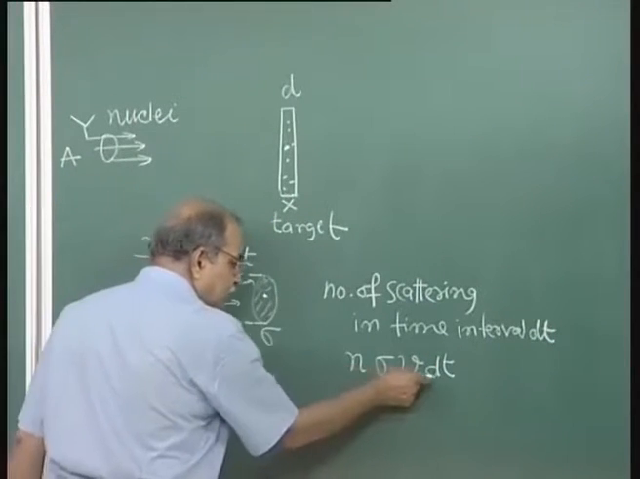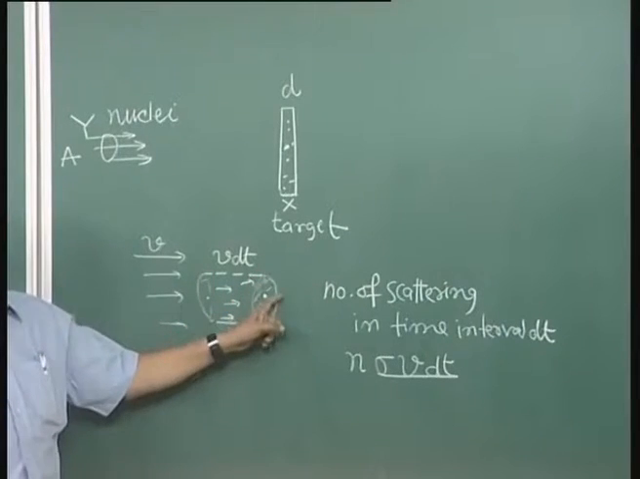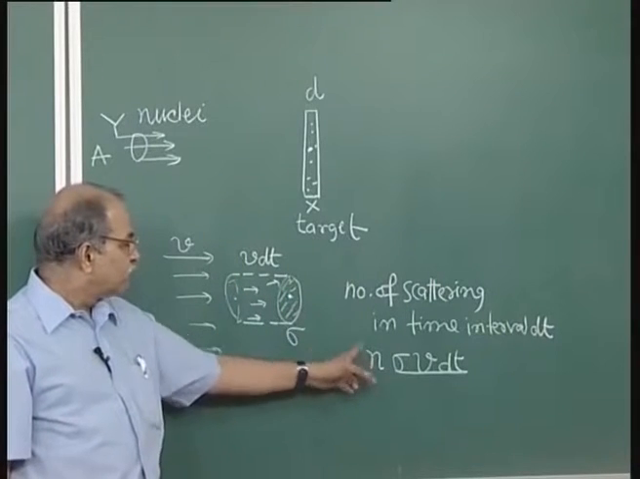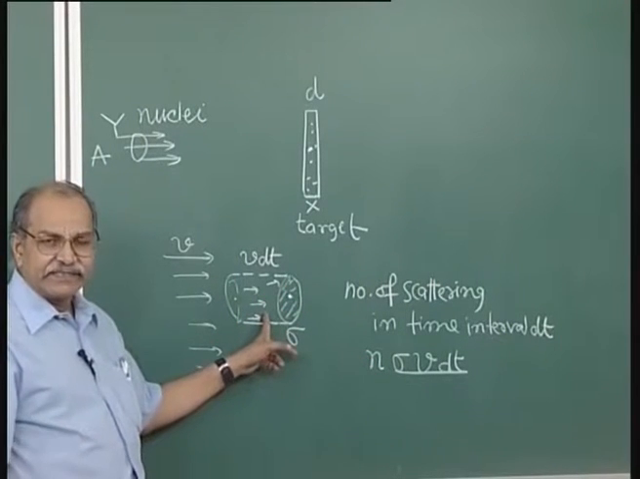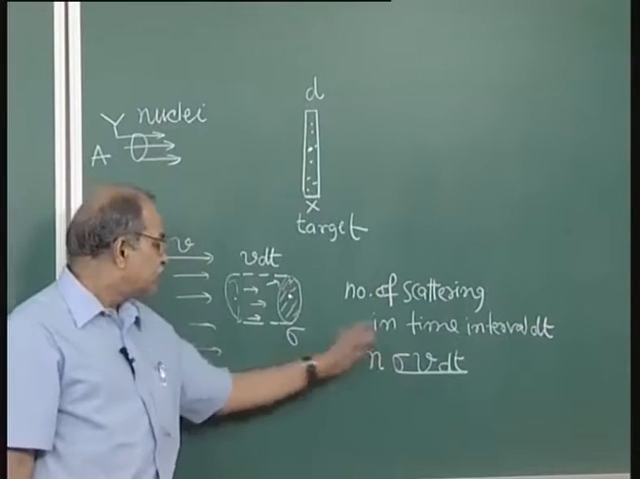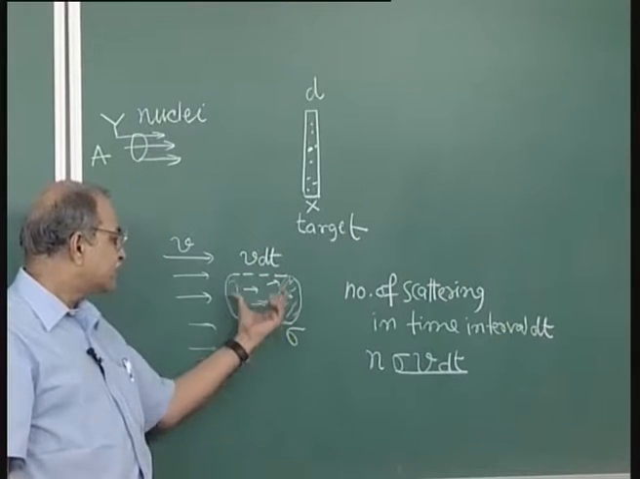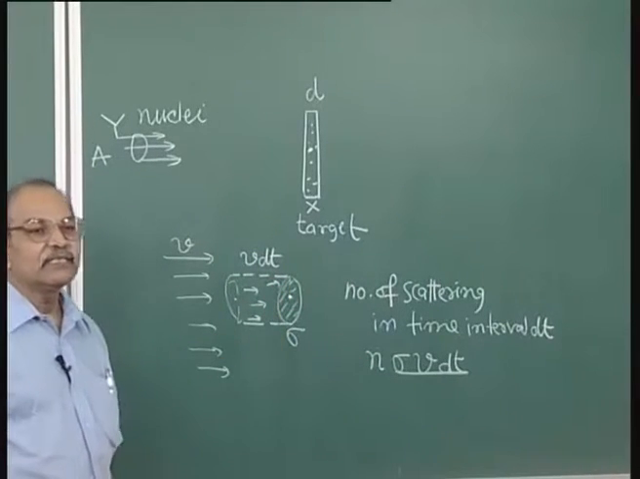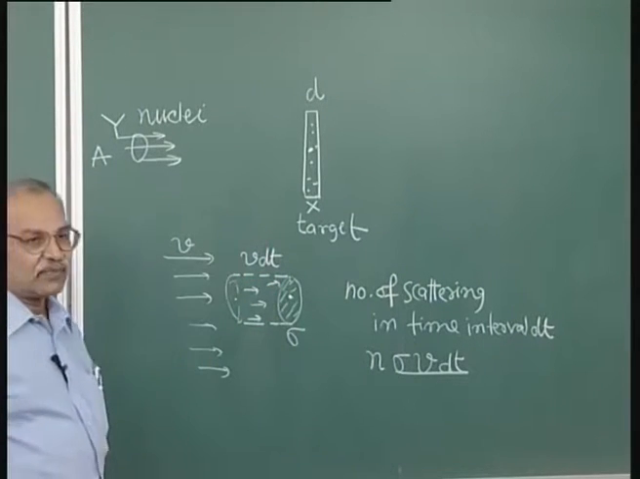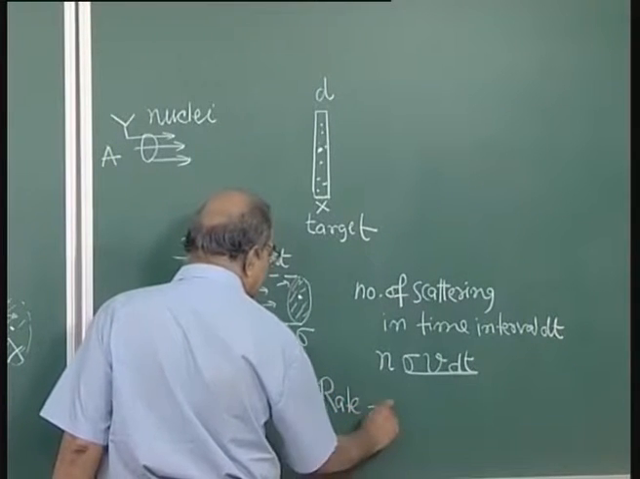Sigma into v into dt is the volume: sigma is this area, v dt is this length. So sigma into v into dt is this volume, and n is the number of y nuclei at any instant per unit volume in the beam. So this is the number of nuclei at a particular instant in this volume, and hence in time dt these many scatterings, or whatever nuclear reaction, will take place, and therefore the reaction rate will